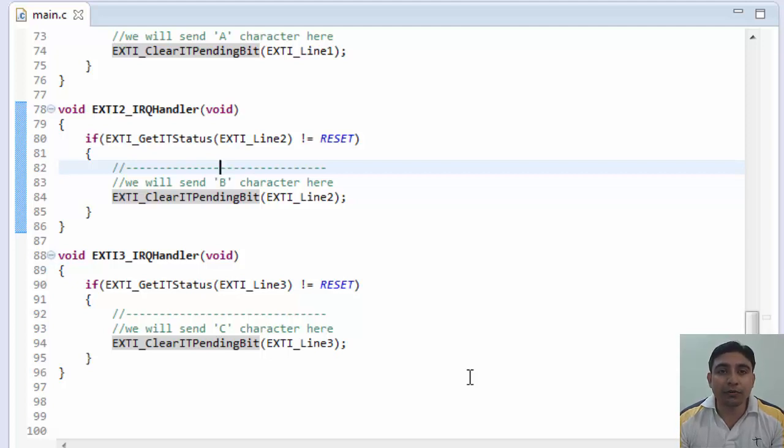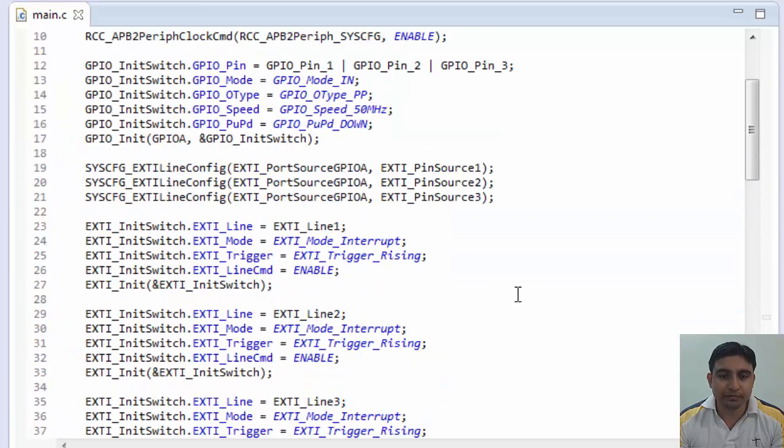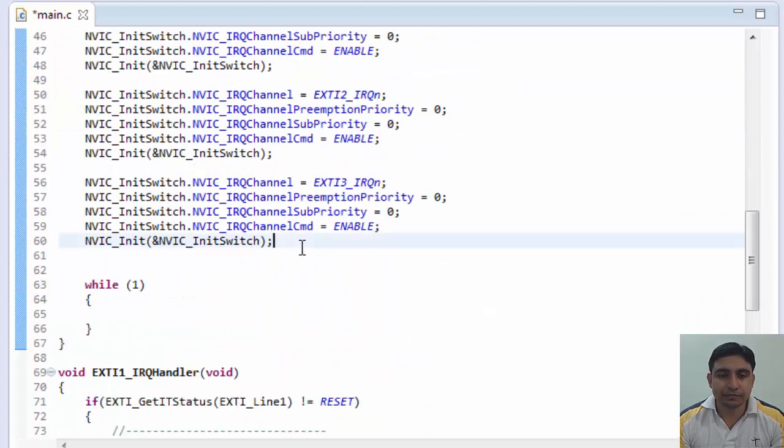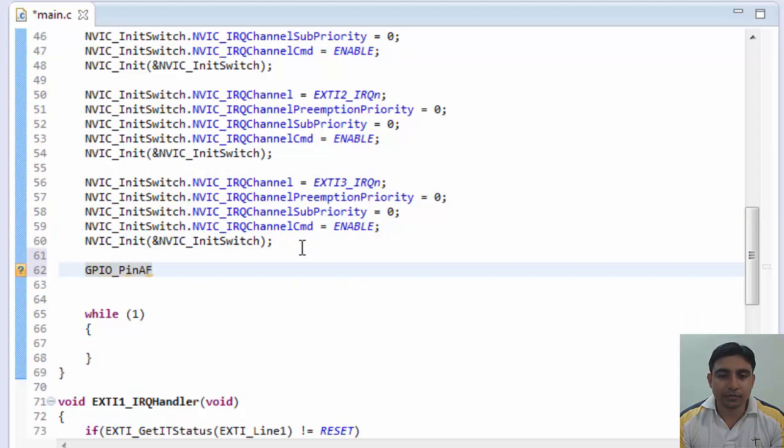First, start the clock for port D. Then put PD8 in alternate function for USART3. Then let's configure and initialize the PD8 pin.